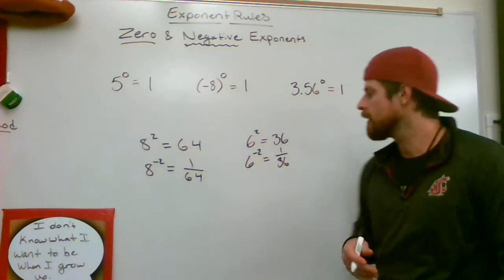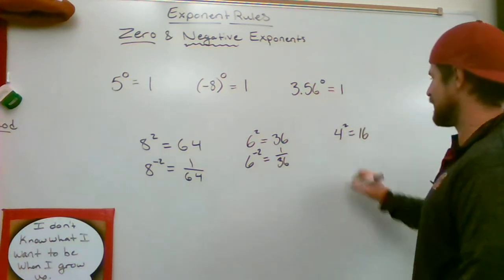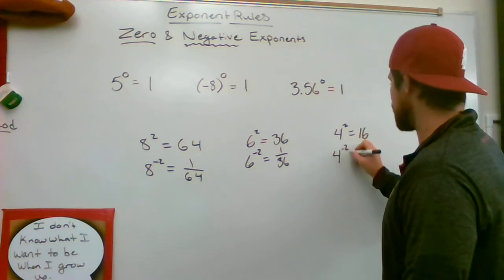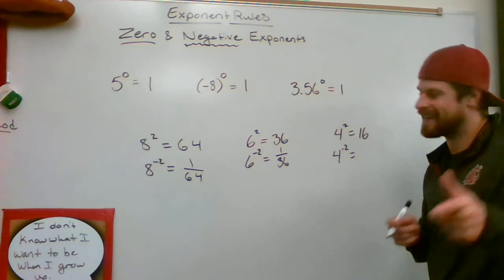Starting to see something? Okay, next. 4 squared is 16. 4 to the negative second power is, yeah, you know it,